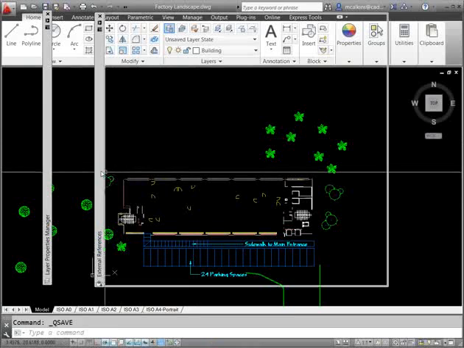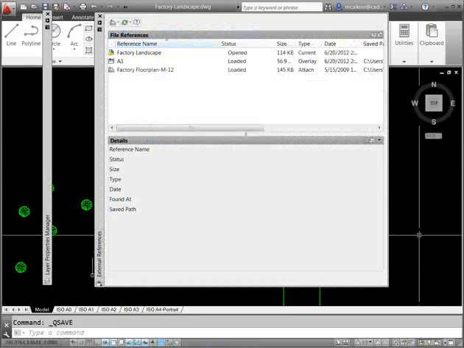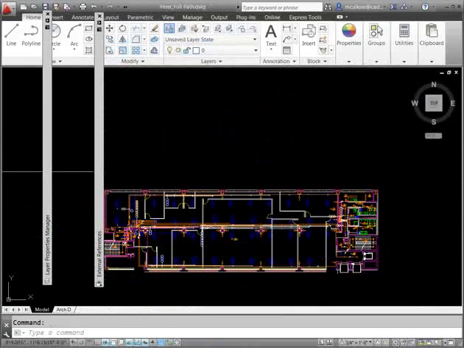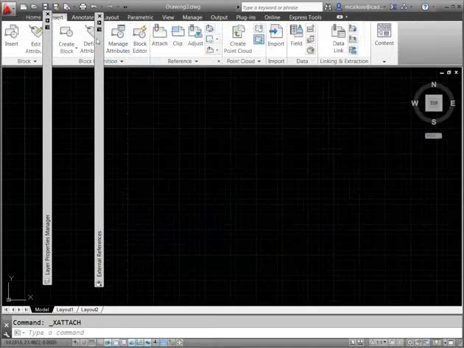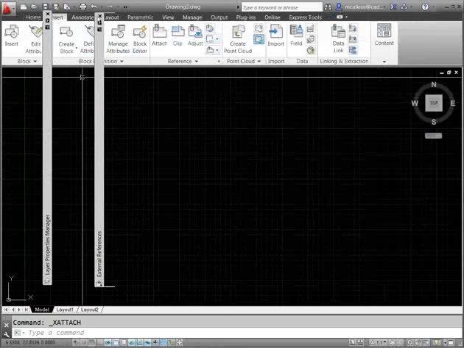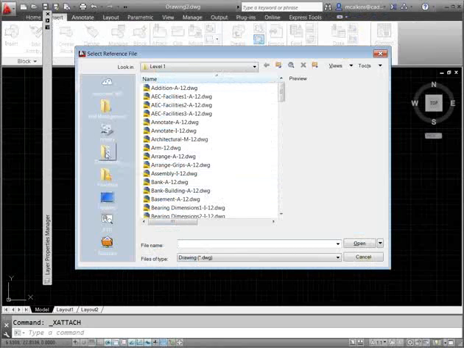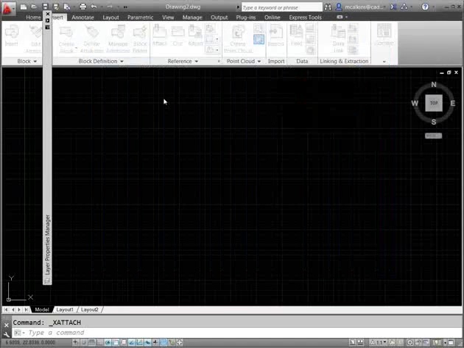So see in here I have named the host full drawing to A1. So I'm going to now go one step further, and I'm going to attach this factory landscape drawing